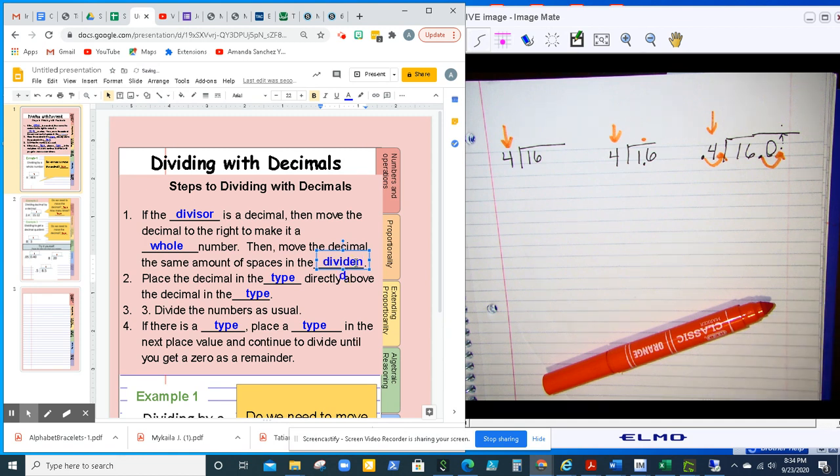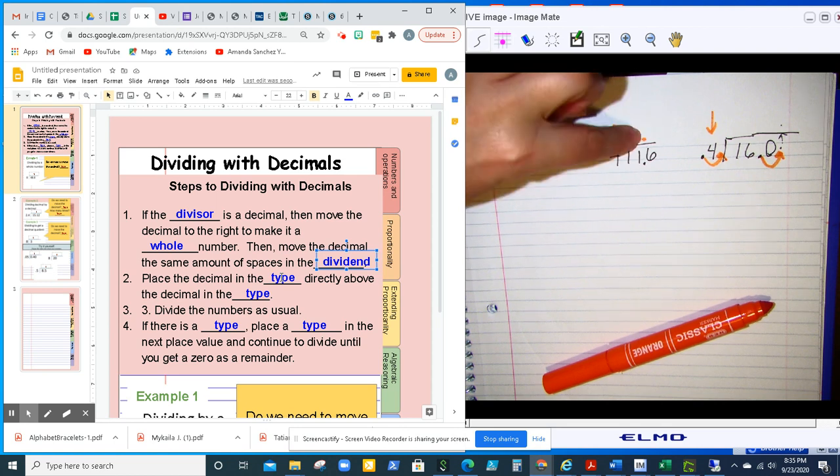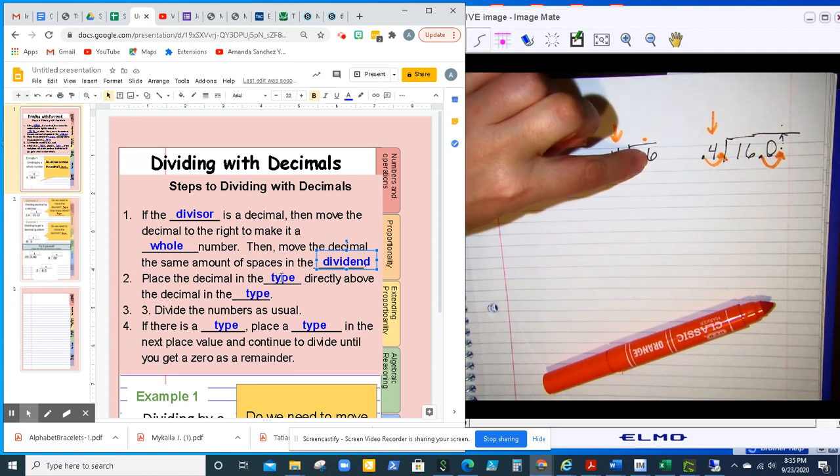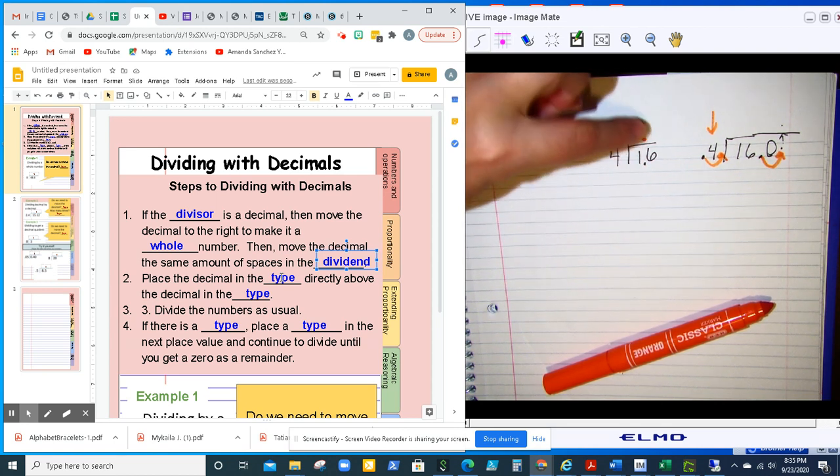If you want, put in parentheses "inside value," or maybe even a little callout box, like one of these, and put it right here. Place the decimal right here like I did here. You're going to place your decimal, shoot it straight up into the quotient,